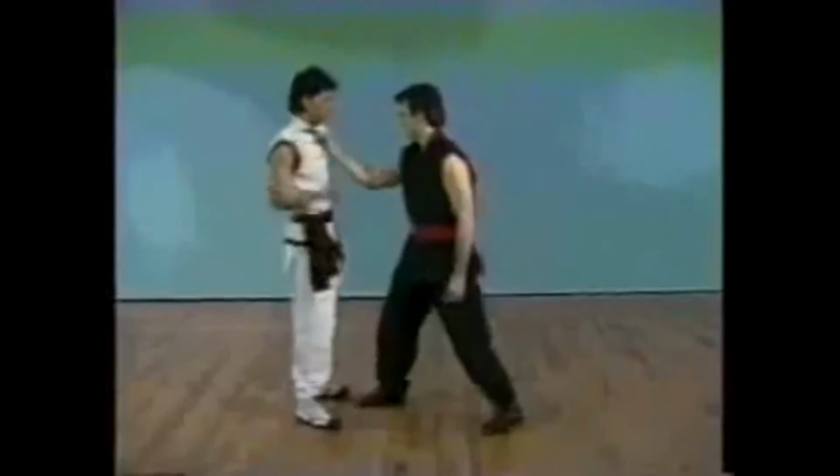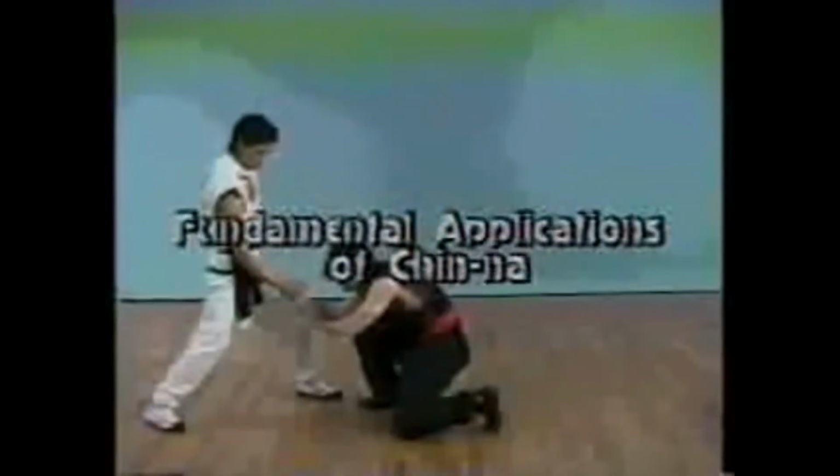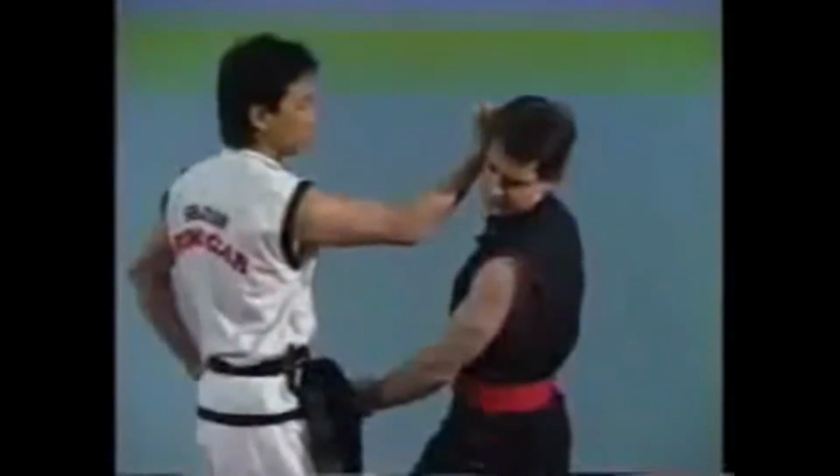The Chin-Na techniques are separated into different groups according to the grabs or attacks. The first group of techniques involves a quick release from the grab and return with a simple strike. The first one is the attacker grabs your right arm with his left. You quickly draw your arm from the opening of the attacker's hand